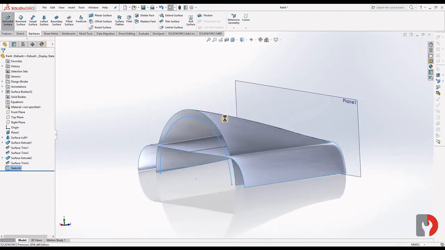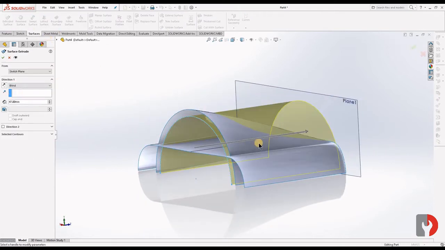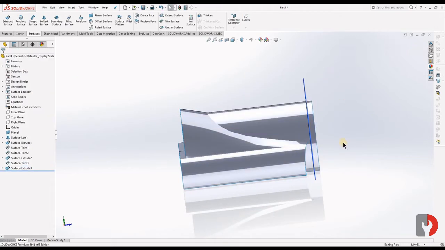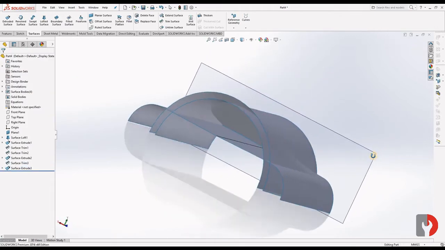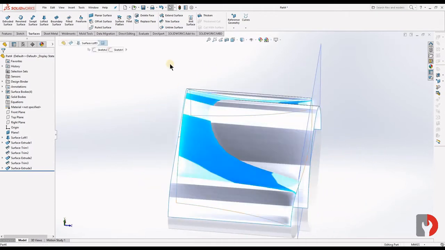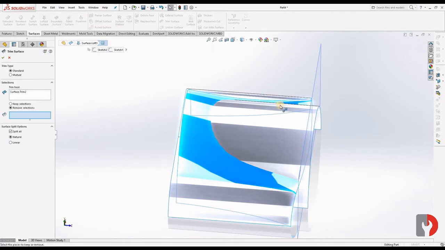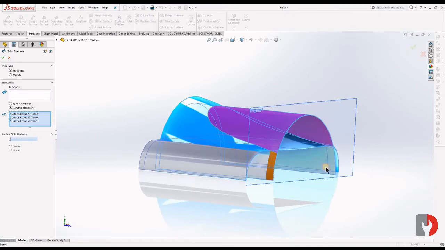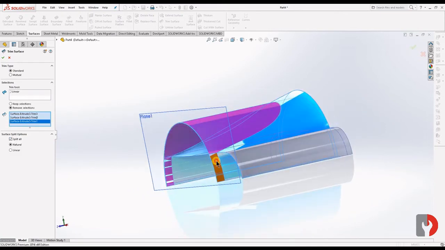Extrude surface. Click on OK. Now choose this surface, trim surface, and select all the surfaces to be trimmed.